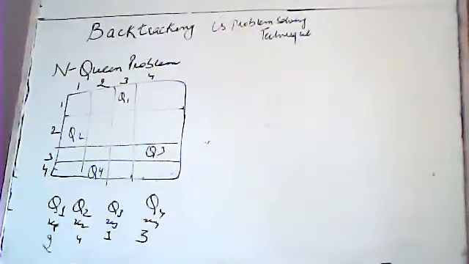Okay. So we'll be doing the next problem, that is the graph coloring problem, which has to be done by backtracking. Now I think the backtracking concept is clear to you, right? So let's do one poll and then we'll be doing graph coloring. Fine. See this question on your screen.